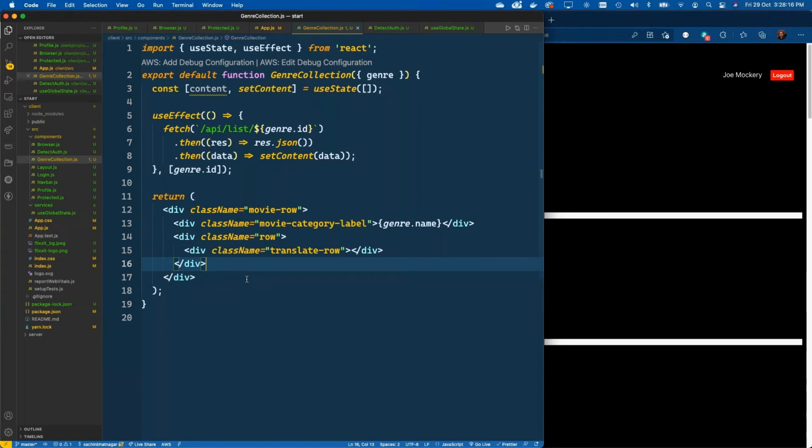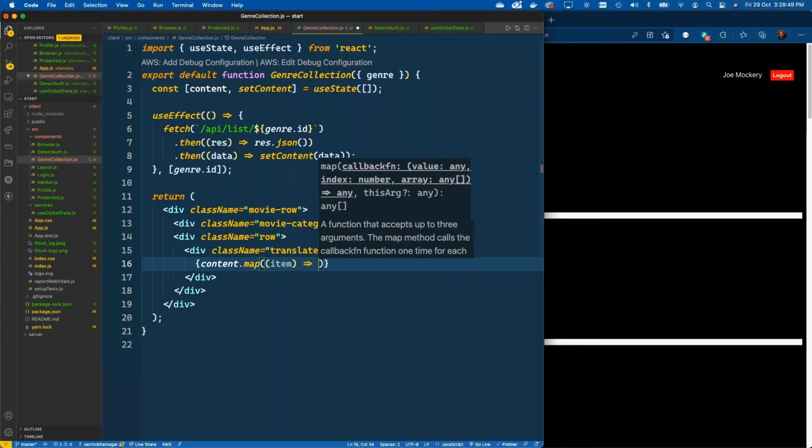All right, so let's see, what should we do next? Let's create the movie card component before we get down to anything else. The movie card is the individual titles, as you will see on the UI. So before we equip this row or this component with anything else, what you can do right now is say content.map. Content is an array now, right? So content.map,